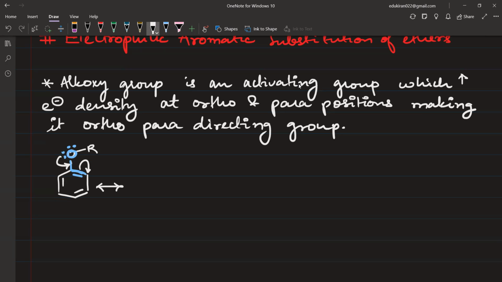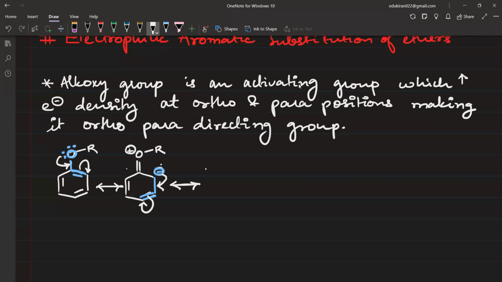It will give me a double bond between oxygen and R with one positive charge, and this double bond will convert to negative. Then we'll have this double bond and this double bond as they are. Furthermore, another condition for resonance has been fulfilled: A double bond B, single bond C, and negative charge. Now the electron movement will be like this. This negative charge will form a double bond, and this double bond will form a negative charge here, which will give me